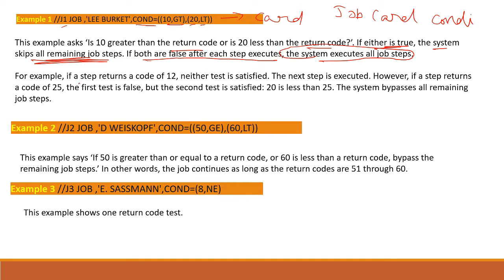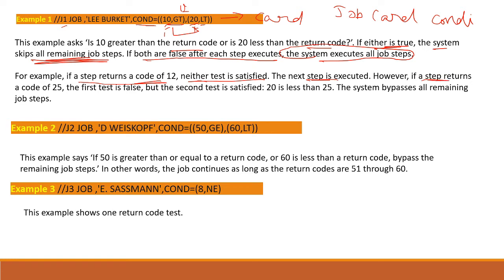For example, if a step returns a code of 12, neither test is satisfied. I am giving 12 here: 10 greater than or equal to 12, no, it's false. 20 less than 12 is also false, so our condition is false here, so the next step will be executed.